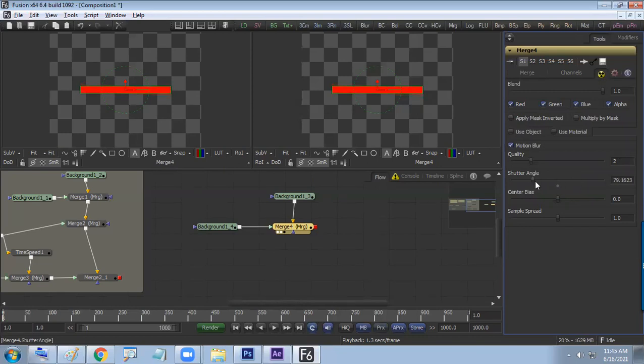You can get it less or you can get it more. The higher the motion shutter angle, the more the blur on the screen. So shutter angle decides the blur length and the quality will be decided over here. By default it is 180 only. Is it clear now? But this blur is not for the video which is running.